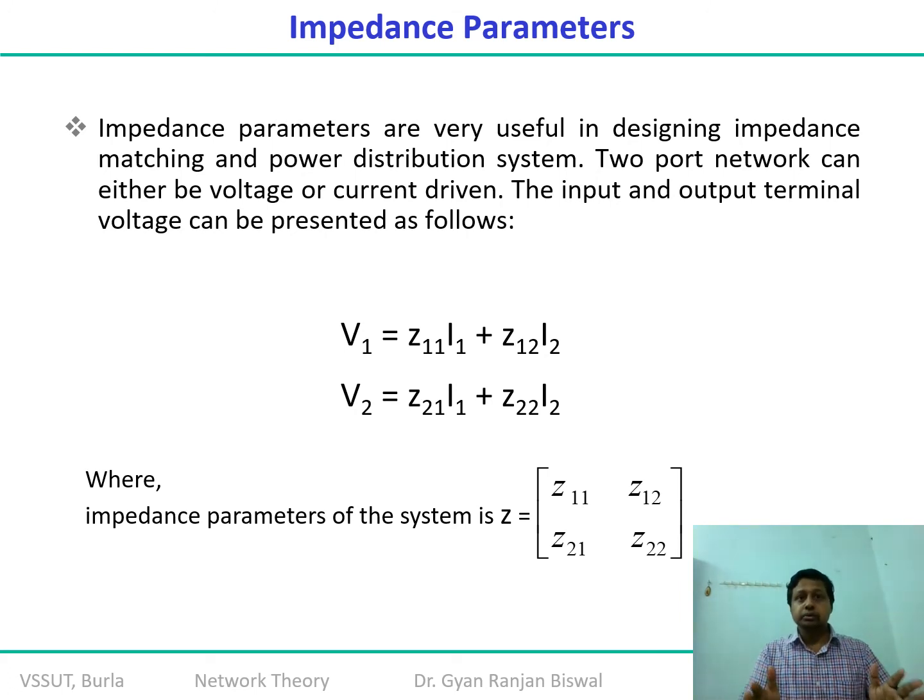And this distribution network should again establish impedance matching. That means the input terminal impedance or the circuit impedance should be equal to the delivery impedance, that is the load impedance, the outer terminal impedance, and then and only then will you be in a position to transfer the maximum amount of power. Now whether the impedance matching between the terminals, I'm not talking about between the systems, but between the terminals within a system, is achieved or not, you can find out with the help of impedance parameter analysis. That's the beauty of this particular method.